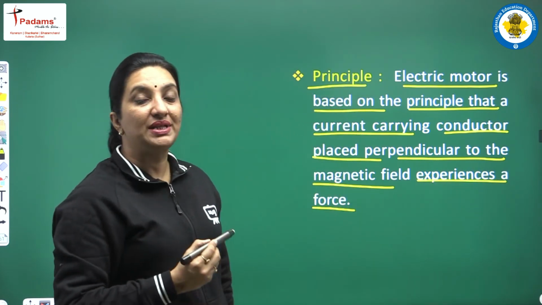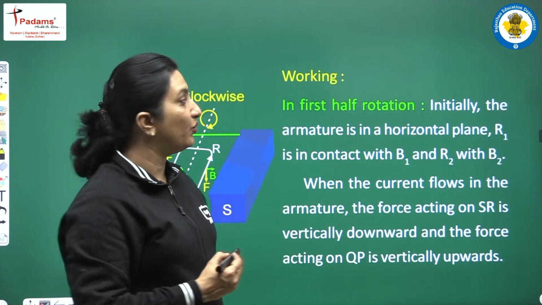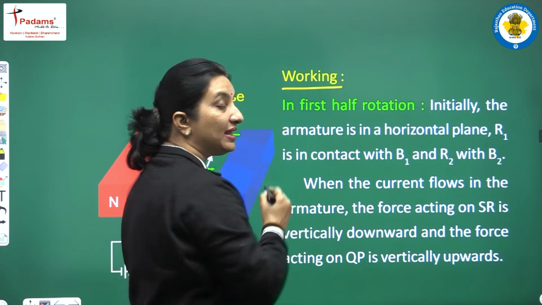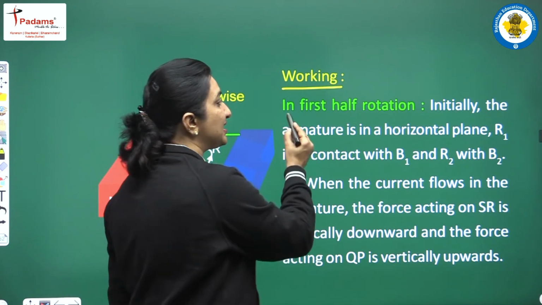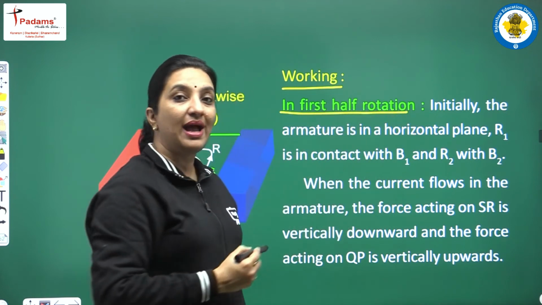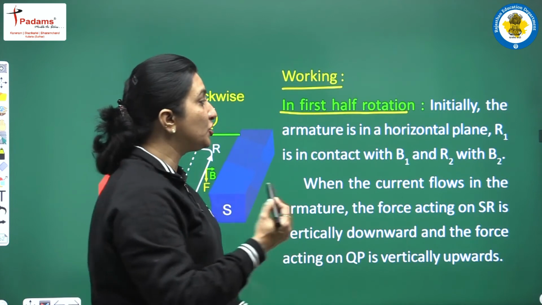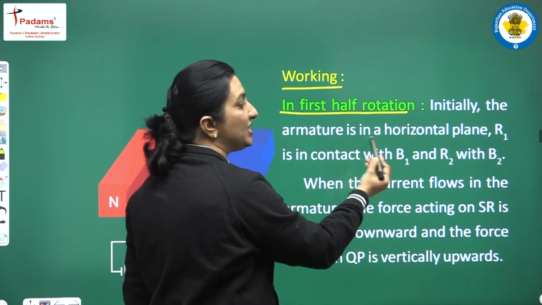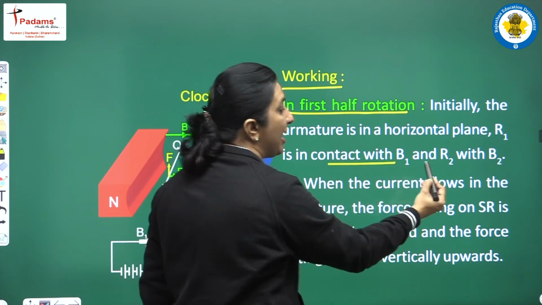So this is the principle of electric motor. Now we will understand the working. So students, for the working, we will divide the working into two halves. First we will understand what happens in the first half rotation, then we will understand the next half rotation. Initially the armature is in a horizontal plane, R1 is in contact with B1 and R2 is